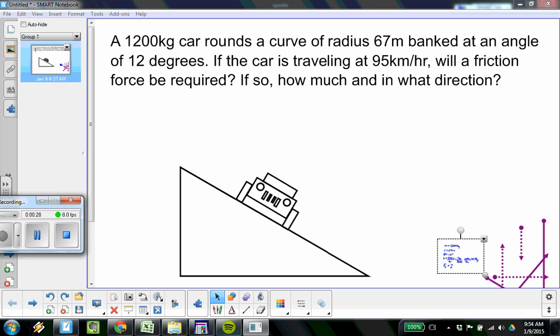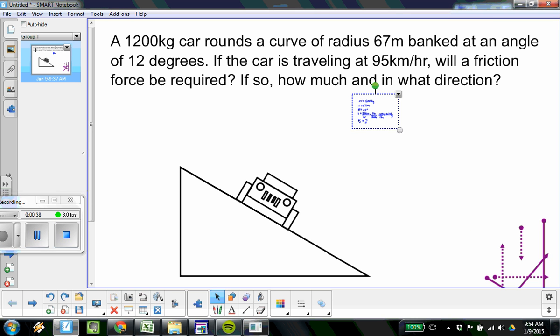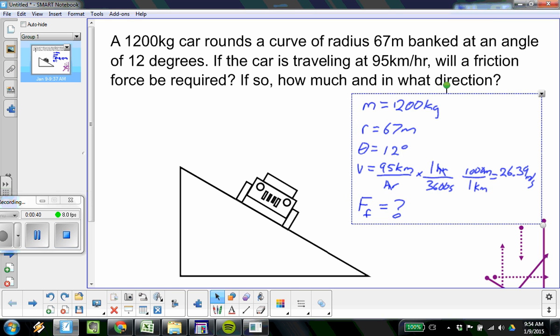So you can see my beautiful little drawing here where I've got the car rounding the curve, and we're looking at it from the side, and if we were looking at it from the top, it would be moving along the tangent. Here I've saved some time and written out all the variables. We have a mass that's 1,200 kilograms, the radius is 67 meters, theta is 12 degrees, velocity is 95 kilometers per hour,